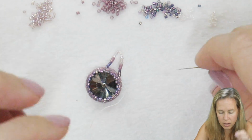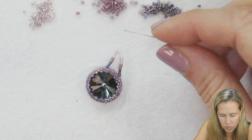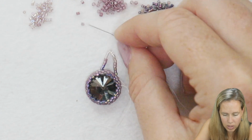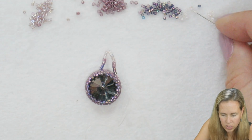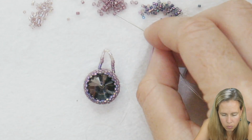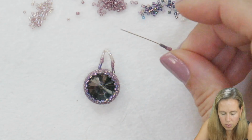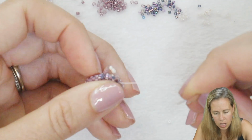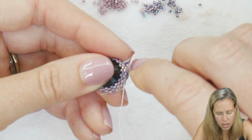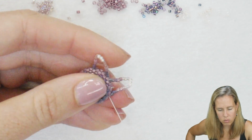From here, I'm going to repeat that same pattern of my 3 15s, my 2 11s, my 3 15s in my transparent amethyst, my 3 15s in my seed bead in the blush, 3 15 Delicas in that amethyst, 2 11s, and 3 of my darker 15 Delicas. Again, along the center line, 1, 2, 3. Take your needle through that single Delica there. Bring your thread and needle out, and you have